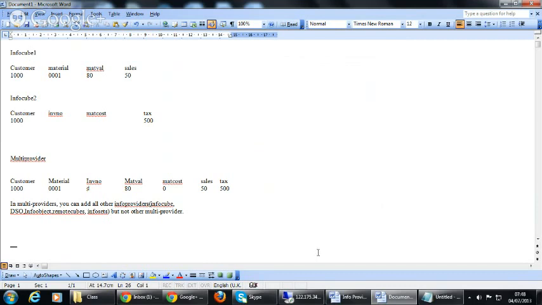So in multi-providers, you can add all other info providers except other multi-providers.